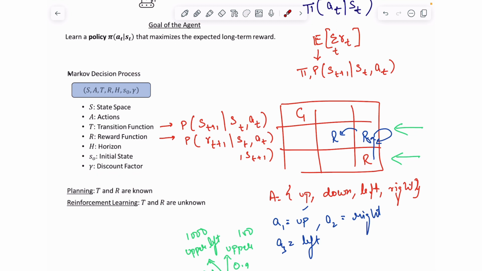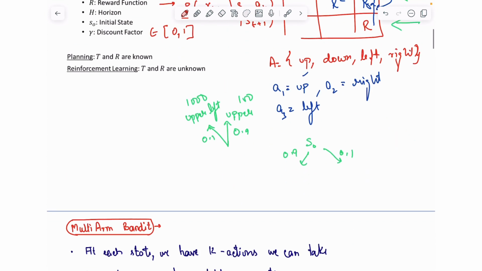Gamma is a real value that belongs to 0 and 1, and it dictates how much you are going to value the reward you got from the current state that you are at or a future state. For example, in reinforcement learning or planning, when you are deciding a particular policy, the problem could be that you may end up focusing too much on the future state, right? So what they do is that the long term reward, which is usually denoted by GT, which we saw